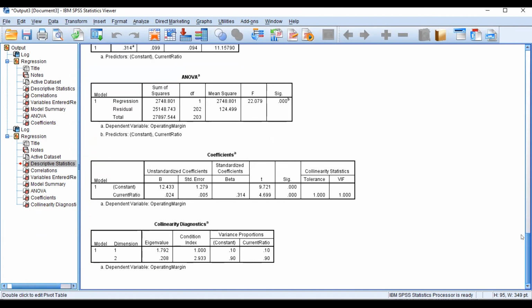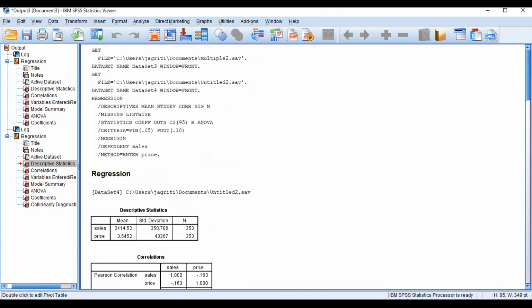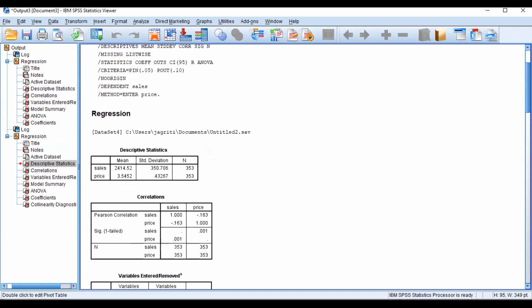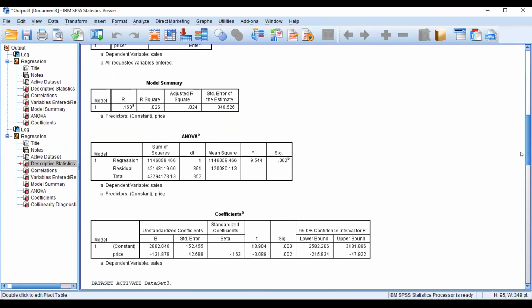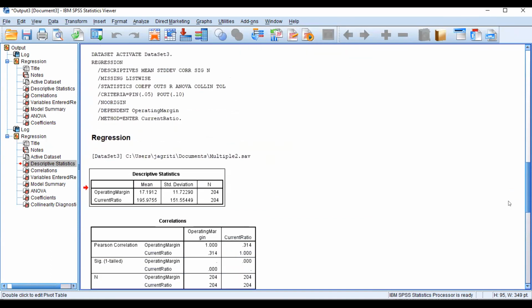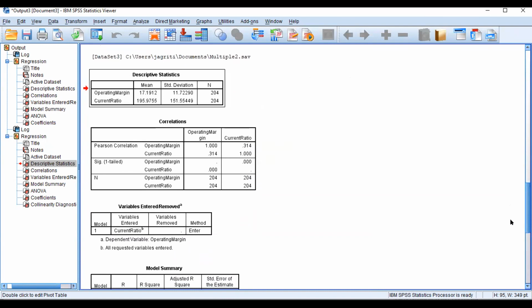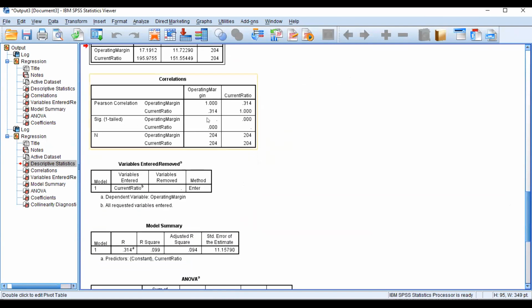Okay, the next one I was talking about is operating margin and current ratio. This is the descriptive statistics and significance. This is the correlation value 0.314.